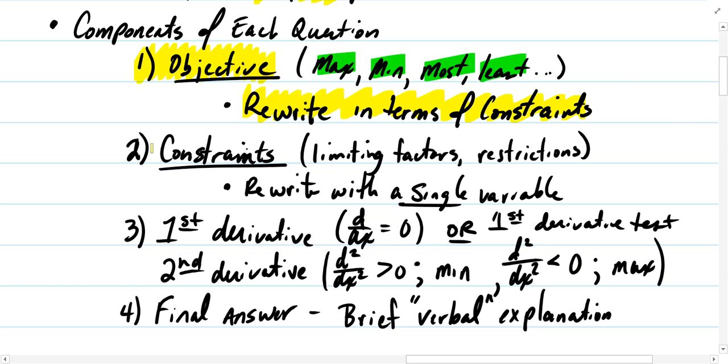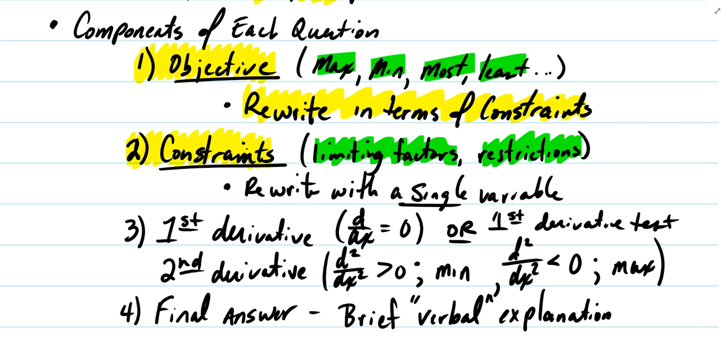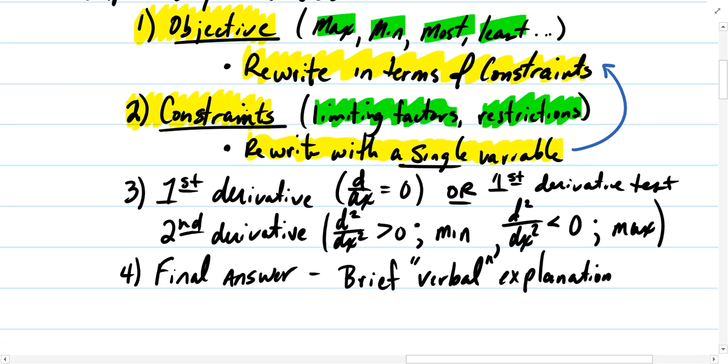Now, the constraint functions are the second item that I'm going to be looking for when I'm scoring each problem. And remember, the constraints are essentially our limiting factors, what sort of restrictions we face in this environment. And one of our goals with our constraint functions is to rewrite each constraint with a single variable. Whether it's the same variable that the constraint was written in or something different, if we can rewrite them as an expression or function of a single variable, then when we rewrite our objective function, it too will be written in terms of a single variable, and it'll be much easier to